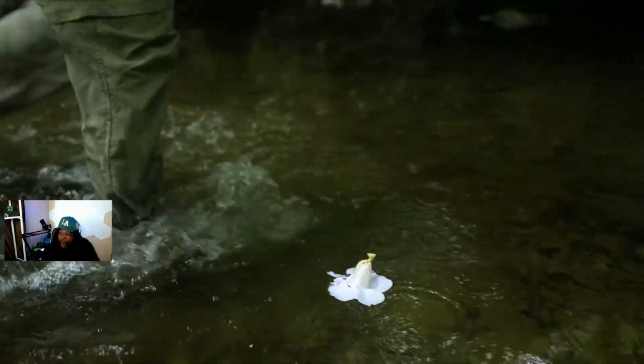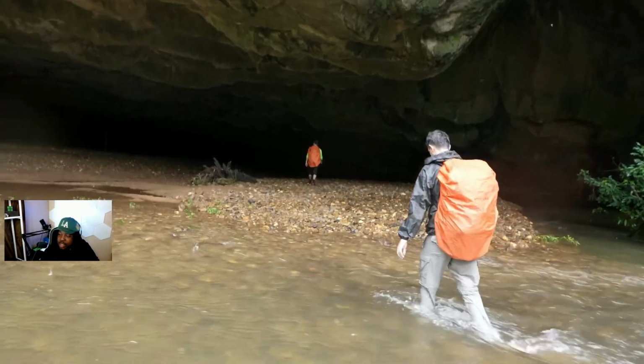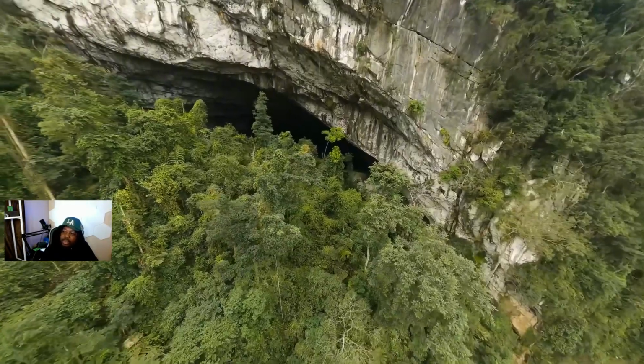To reach Sangdong, we've trekked through the jungle for 9 hours. And now we must pass through En Cave, the world's 3rd largest cave. This cave serves as a...